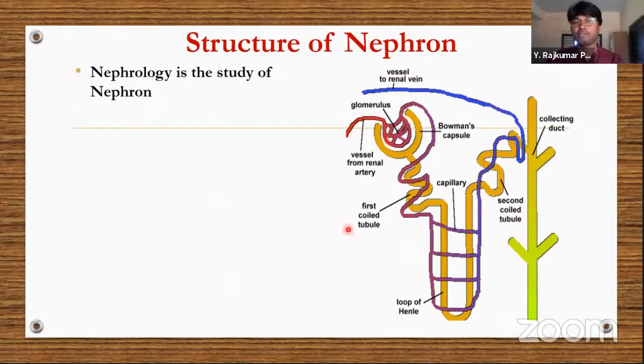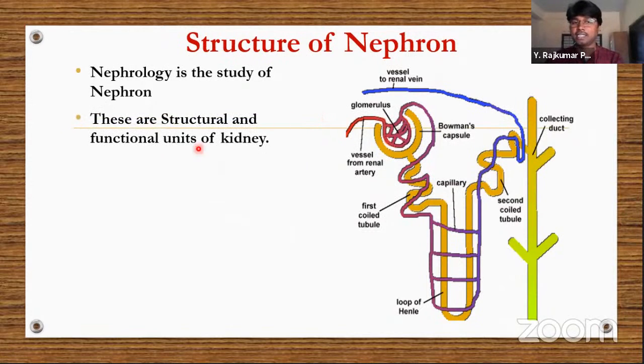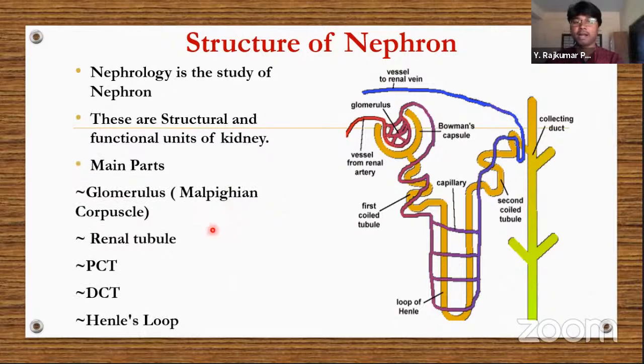So study of nephron is called nephrology, and it is the structural and functional unit of the kidneys. These are structural and functional units, and the main parts of the nephron are already given here, the structure you can see, and now I will locate different parts of it. See here the glomerulus, Malpighian capsule. This is called the Malpighian capsule, and